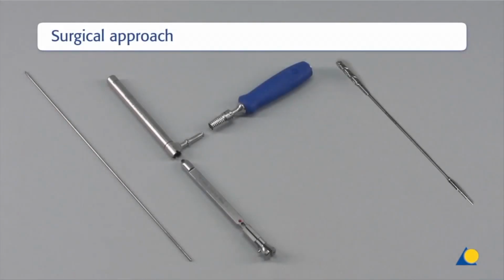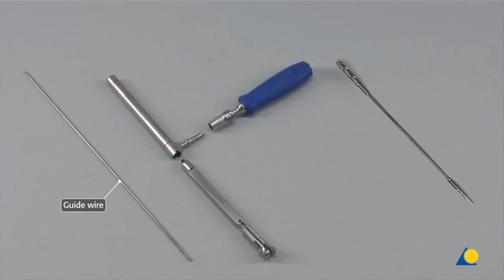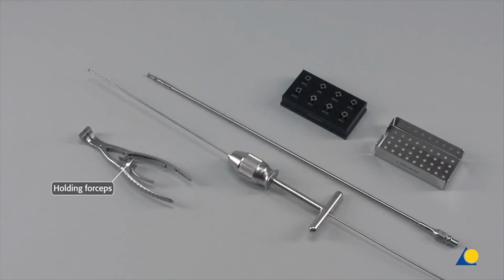The instruments for guide wire insertion include the guide wire, diameter 3.2 mm, length 400 mm, the protection sleeve 13.0 for expert RAFN, antegrade with quick coupling, the multi-hole drill guide for protection sleeve 13.0 for expert RAFN antegrade, the handle with quick coupling, the drill bit, diameter 13.0 mm, cannulated, flexible, the holding forceps for SynReam reaming rod, diameter 2.5 mm, the reaming rod, diameter 2.5 mm, with ball tip, length 950 mm, the universal chuck with T-handle, the SynReam flexible shaft, the SynReam reamer heads, diameters 8.5 mm to 16.0 mm, increasing in increments of 0.5 mm, and